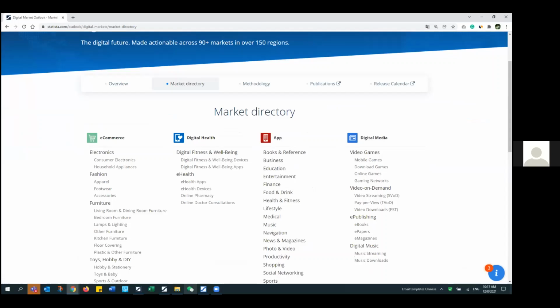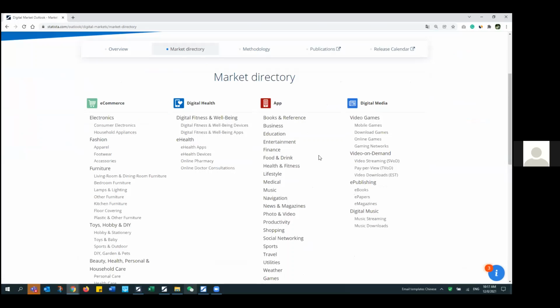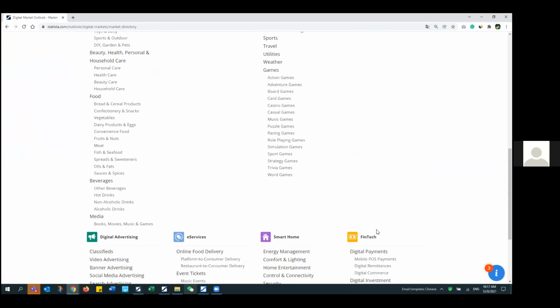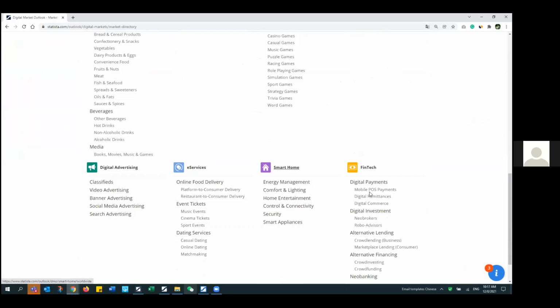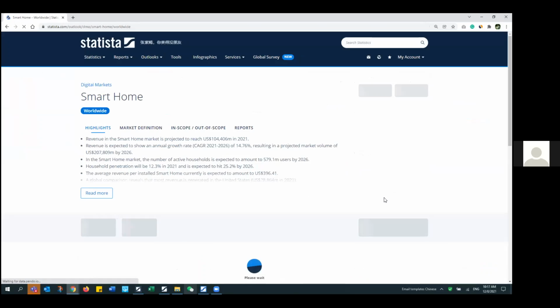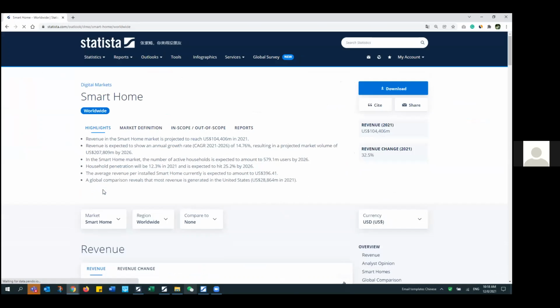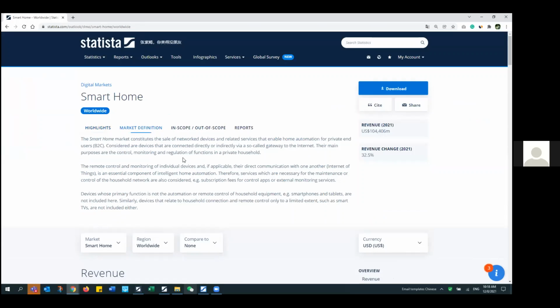We have the market covered from e-commerce up until fintech. Then you can pick what kind of market segment you would like to have a closer look at. As for today, I will just pick smart home. And after you pick smart home, you have to really pay extra attention to our data,